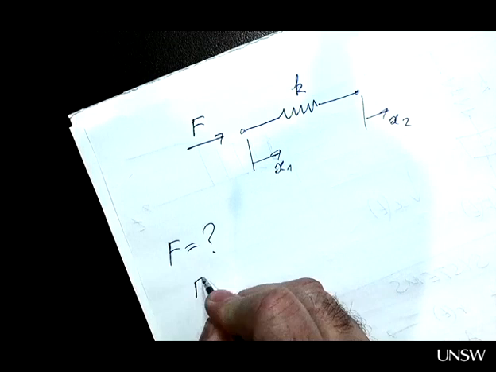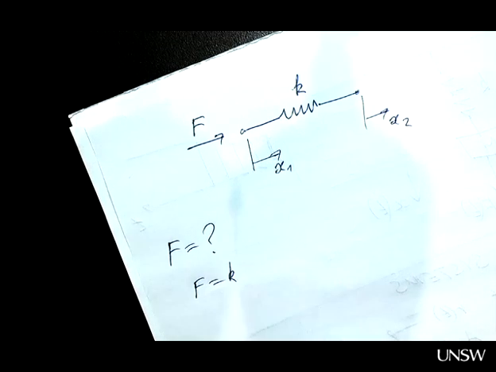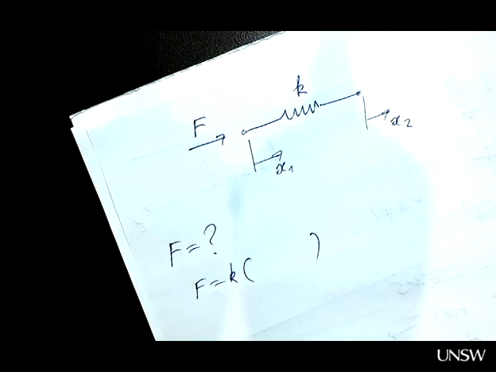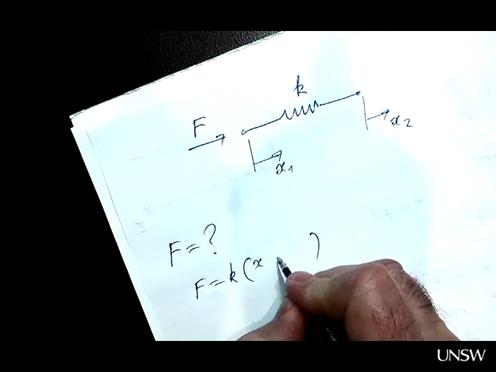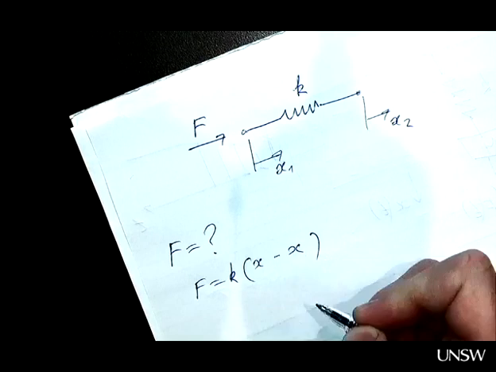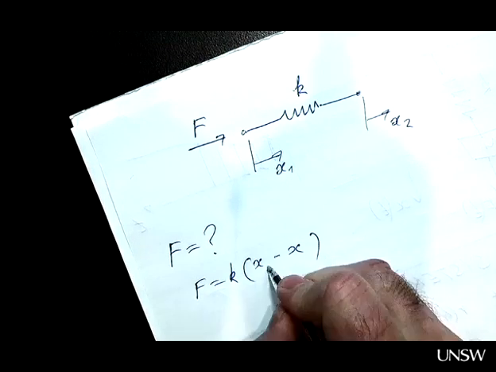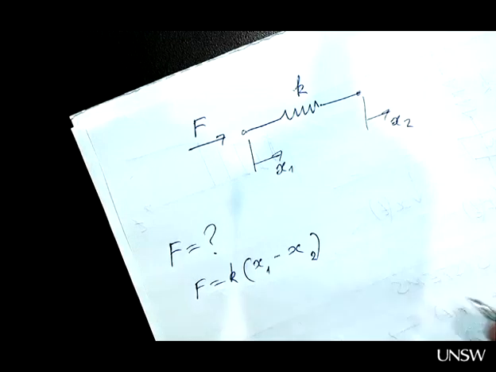Okay, I agree with this. I agree with this as well. But I disagree with the last thing you said. It's actually x1 minus x2. Why is it x1 minus x2? Because,